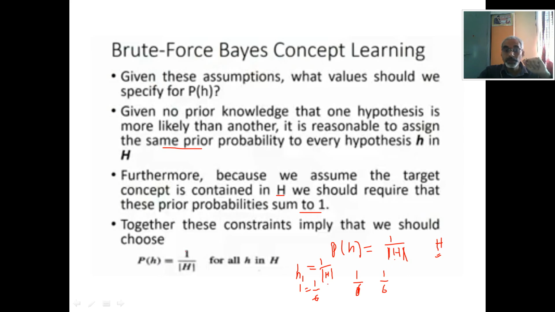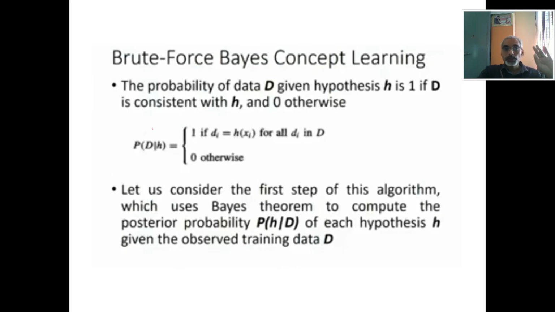So probability of H equal to 1 divided by the set of all hypotheses in our hypothesis space, for all H belonging to capital H. Right? It is very simple, try to understand. Now the probability of the data, you take the data sets. Now the probability of data D given hypothesis H we say is equal to 1 if D is consistent with